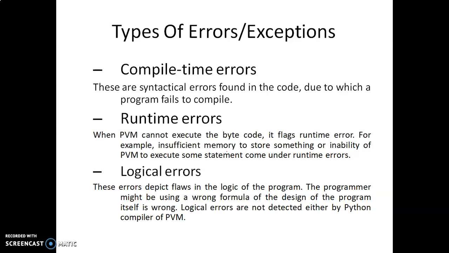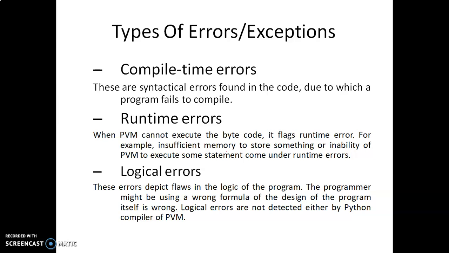This exception can also be called an error. Whenever we make any mistake in the program, that leads to an error. These errors are of three types: compile time error, runtime error, and logical error. Compile time error is nothing but a syntactical error. That is making syntax mistakes in the program, like indentation errors, not closing double quotes for a string, not properly ending the lines, or not properly writing the syntax of if statements and while statements. Those all come under compile time errors.